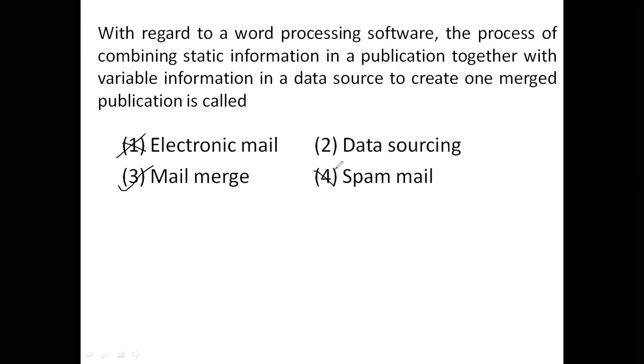And then spam mail. Definitely wrong. What do you mean by spam mail? The advertisements or information which you don't want and no need to accept, but by default you get it, and it moves to spam. You don't know that person, but promotion agencies or companies promote their products through spam mails. And data sourcing, you need some data and you try to gather those data. Definitely wrong. So if you want to send the information to different people with changing names or addresses, that helps in mail merging. So the right answer will be mail merge.